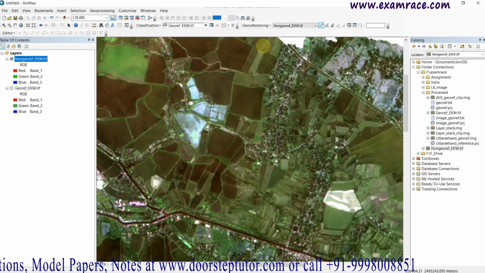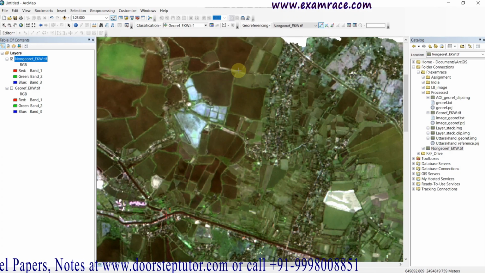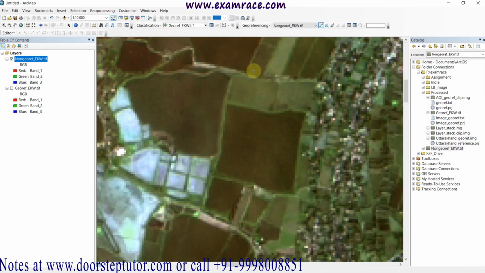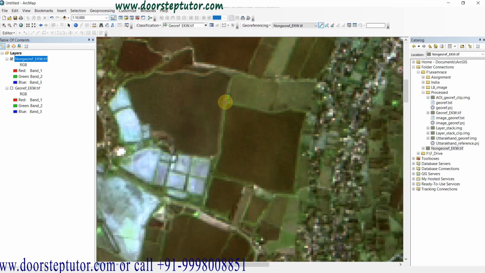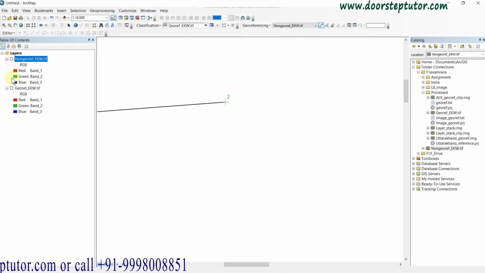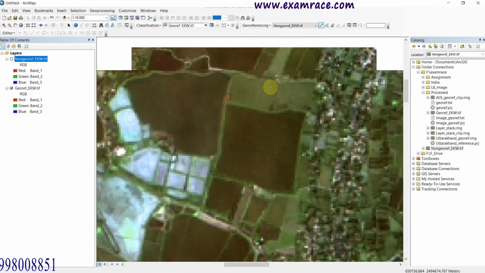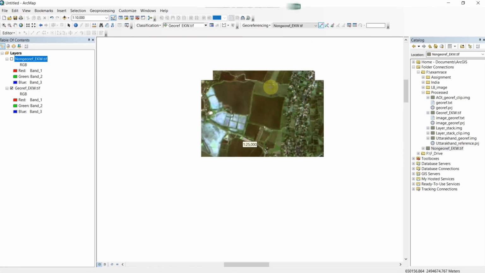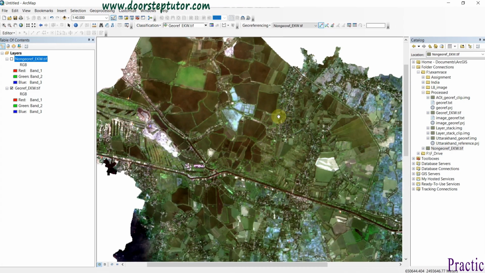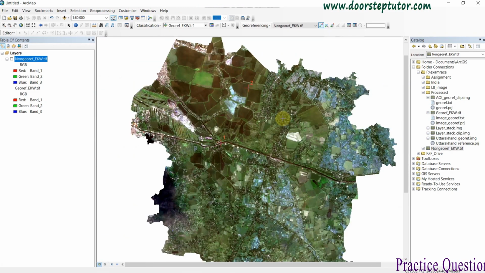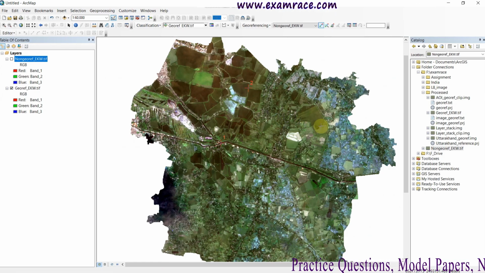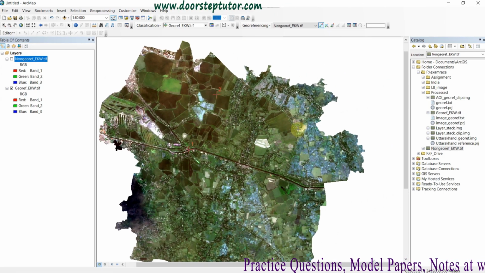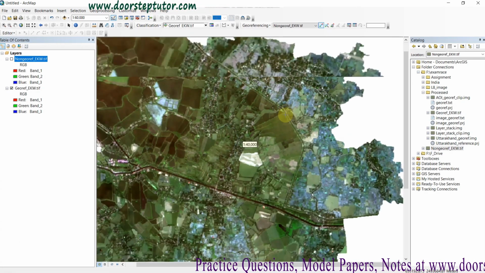but the first point always should be from the non-georeference image. Now I am going to take another one. Turn off the non-georeference one, and second, the reference image you have to take. Okay, the second point, because we are giving the georeferencing system to a non-georeference image, so the reference image should be chosen second.